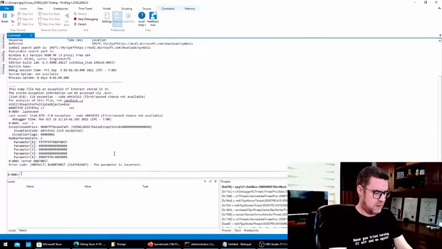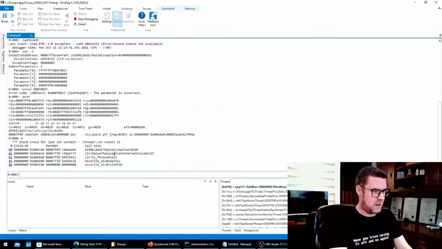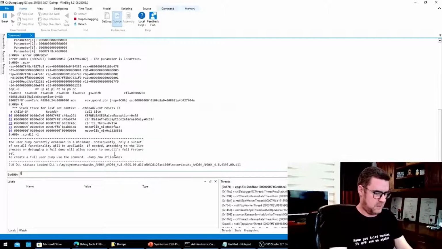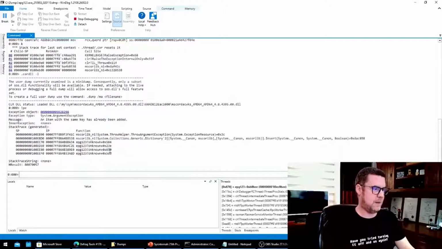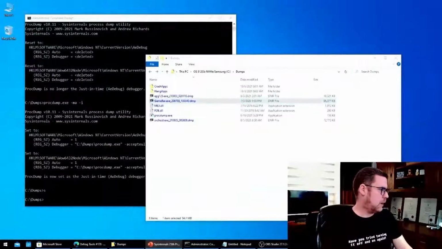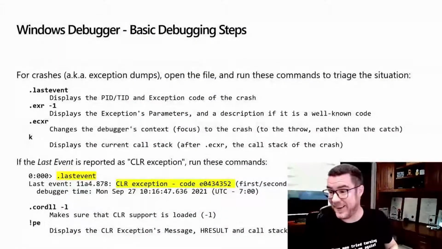In this case, we can jump to the context, and you can see CLR being busy. But what you really want to do is follow those steps, call .loadby sos clr to load. You can now see it's loaded, and we can do !pe for print exception, and we get a much better view of the world. You can see there's some dictionary code going on. Argument exception: an item with the same key has already been added. So the same key was added to the dictionary. You can see the call and code. If you had symbols, you could dive in a bit more. And once again, the same error code as we saw above. All right, so that's a very quick whirlwind way of looking at crashes.